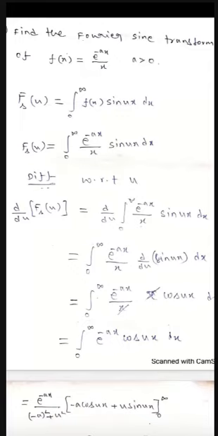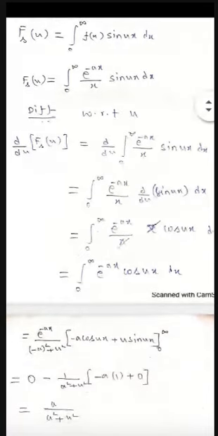Actually, it is a partial derivative. It's not normal differentiation because you are differentiating with respect to one single variable and the other is constant. You consider x as a constant here because it's a partial derivative. In a partial derivative, when two variables are there, one is treated as constant and one as variable. So you are treating x as constant and u as variable here. So x comes outside, cos ux dx as it is. X gets cancelled, leaving e power minus ax cos ux dx here.